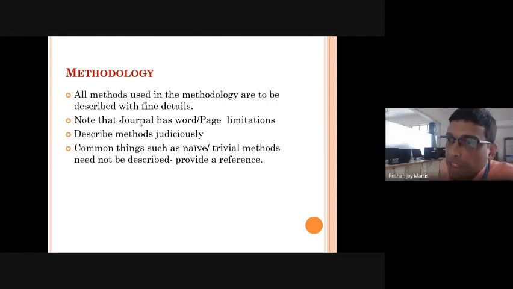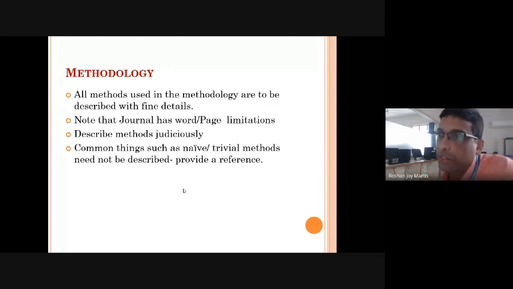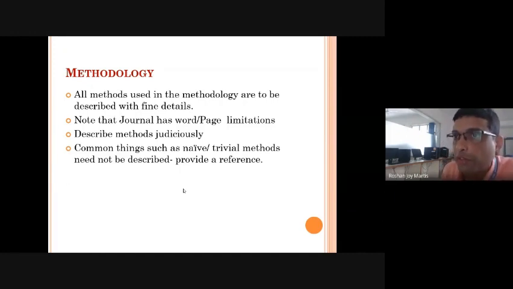And common things like primitive things, you need not give a reference. For example, electromagnetic spectra, you need not give a reference to that. Same way, any well-known topic present in every textbook, you need not give a reference. Whatever is available publicly, or is common knowledge in a textbook, you need not give a reference. But something new that you refer from a paper, you need to give a reference.